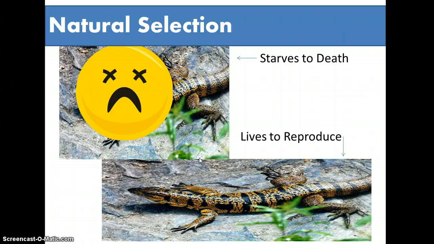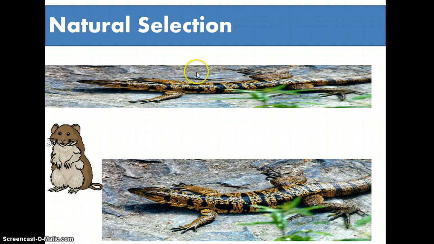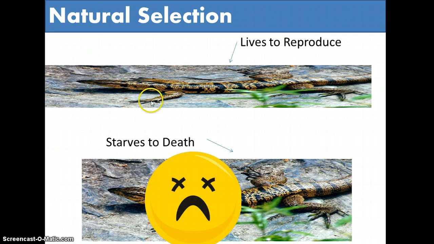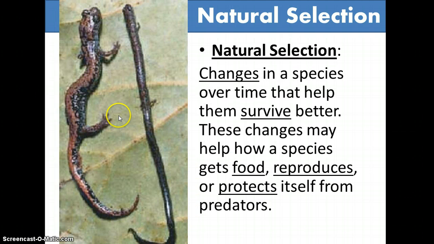And then they would be able to reproduce with other skinny lizards that had also survived. But of course, you still have genetic variation, so if you ever ended up with a lizard that was a little bit chunkier, it was not able to get to the food as best as the skinny lizard could. So if you weren't able to get enough food, then you would starve to death while the skinnier one lived to reproduce. Well, this keeps happening until basically anytime you ended up with a chunky lizard, it wasn't able to